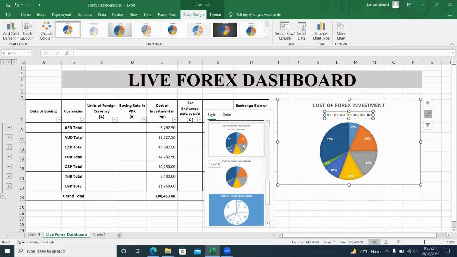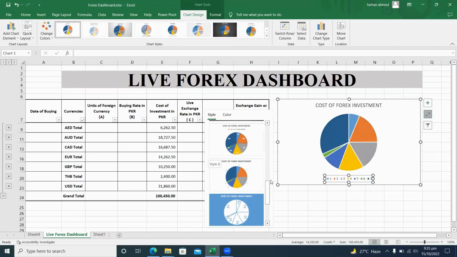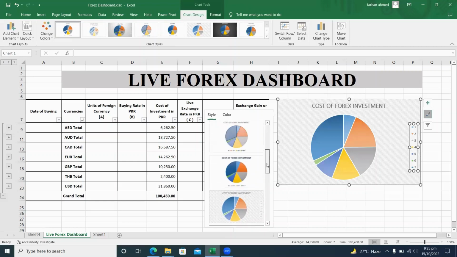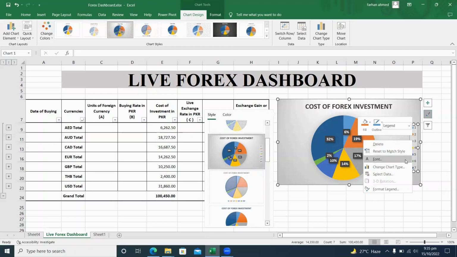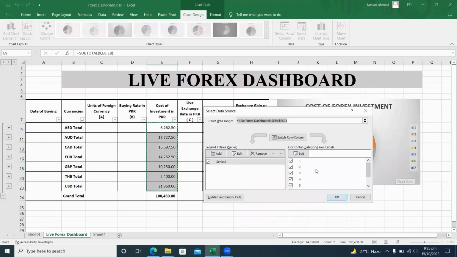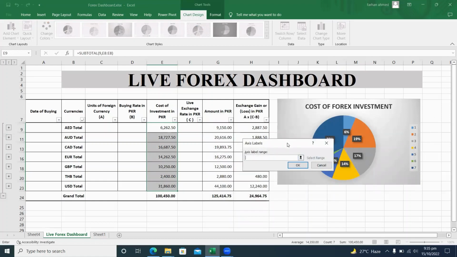This seems to be better, but the label is on the top, so I think I will go with this presentation or this presentation. Let's go with this presentation. And now I want to edit the labels of the legends. So I will right click on this, and click on select data, edit, and here I can see that